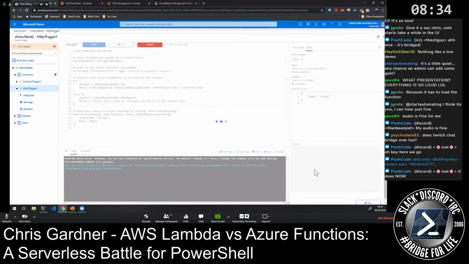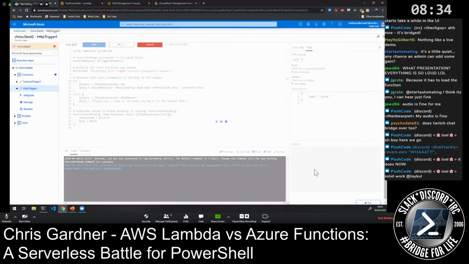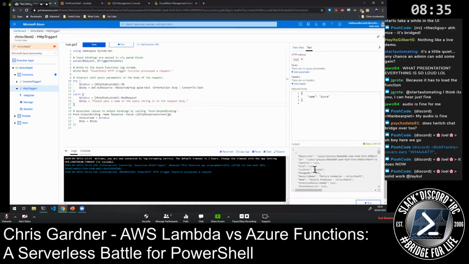Obviously, this is a pretty simple thing, but because I can respond to web requests, I can do lots of things, especially if I can authenticate to Azure. I can have this triggering off my alerts. So instead of paging someone in the middle of the night, this just happens. It goes, oh, I know what that alert means. That alert means I need to restart this web box. And this just goes off and does it for me. So that person now gets a better night's sleep.